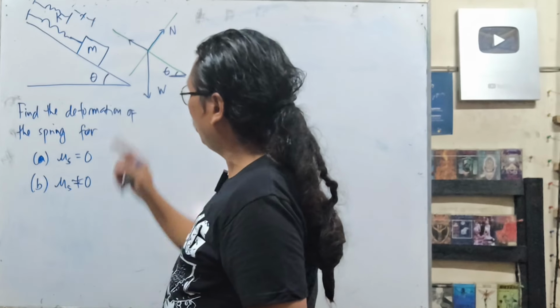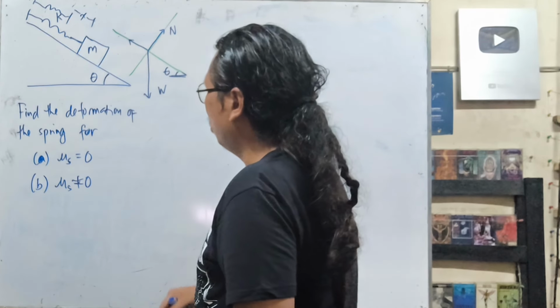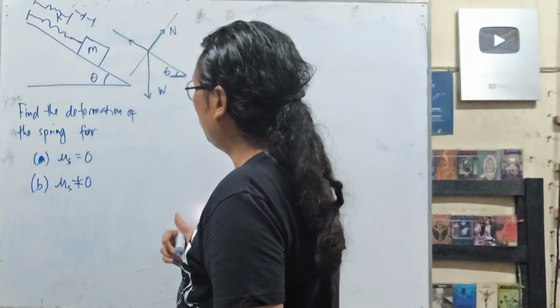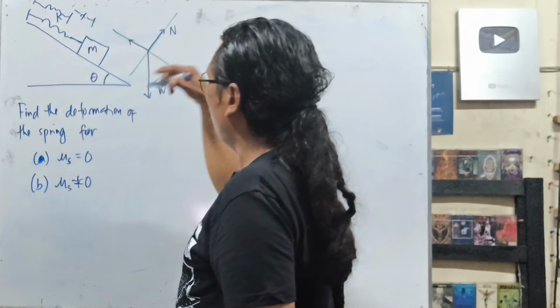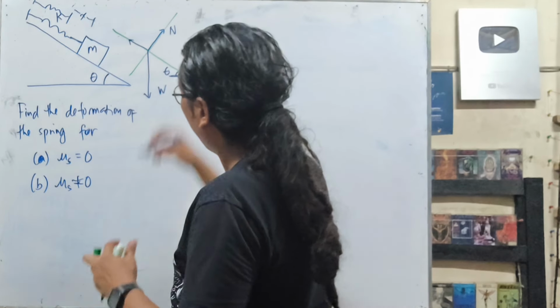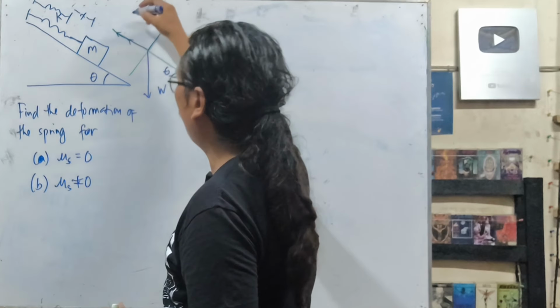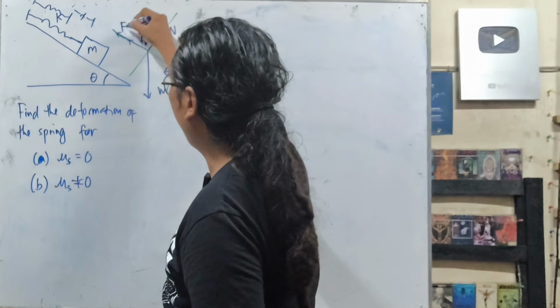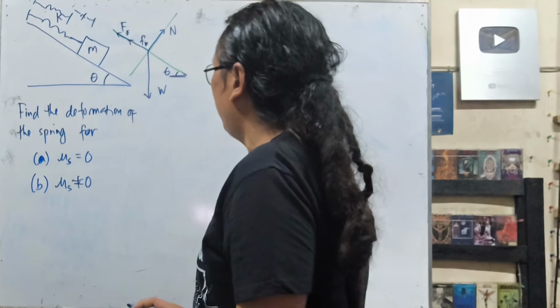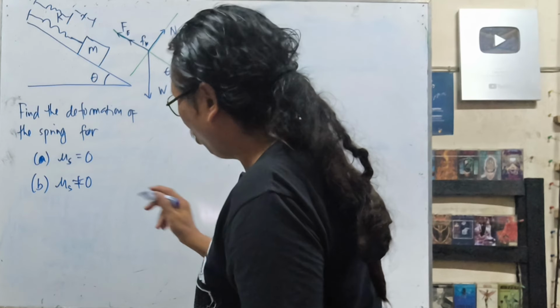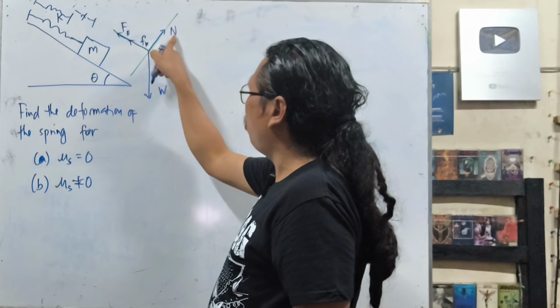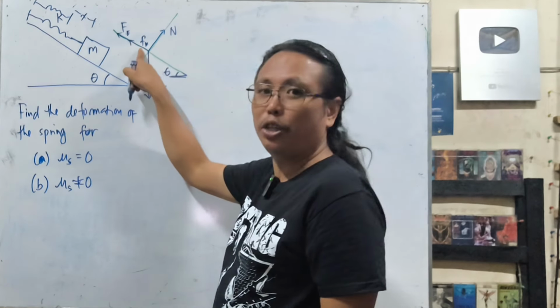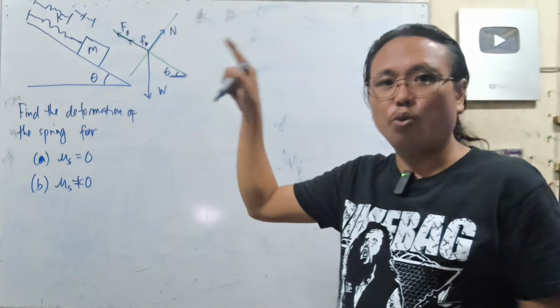Remember that the elastic force is always going towards the equilibrium. So that means there's another force right here, and we call that the elastic force. So here you have friction, Fk, and we have Fe, capital E, the elastic force. For the first case, we don't need Fk and N, because N will only matter if we solve for friction, because friction is mu N.